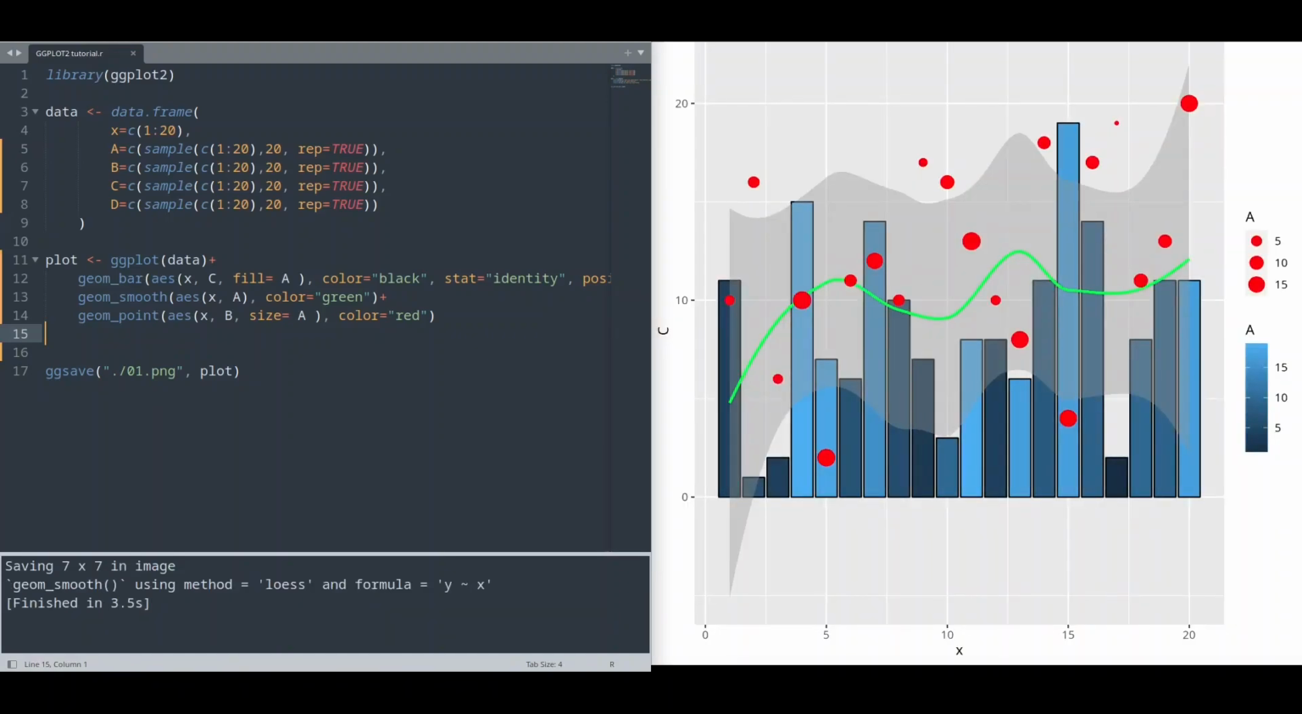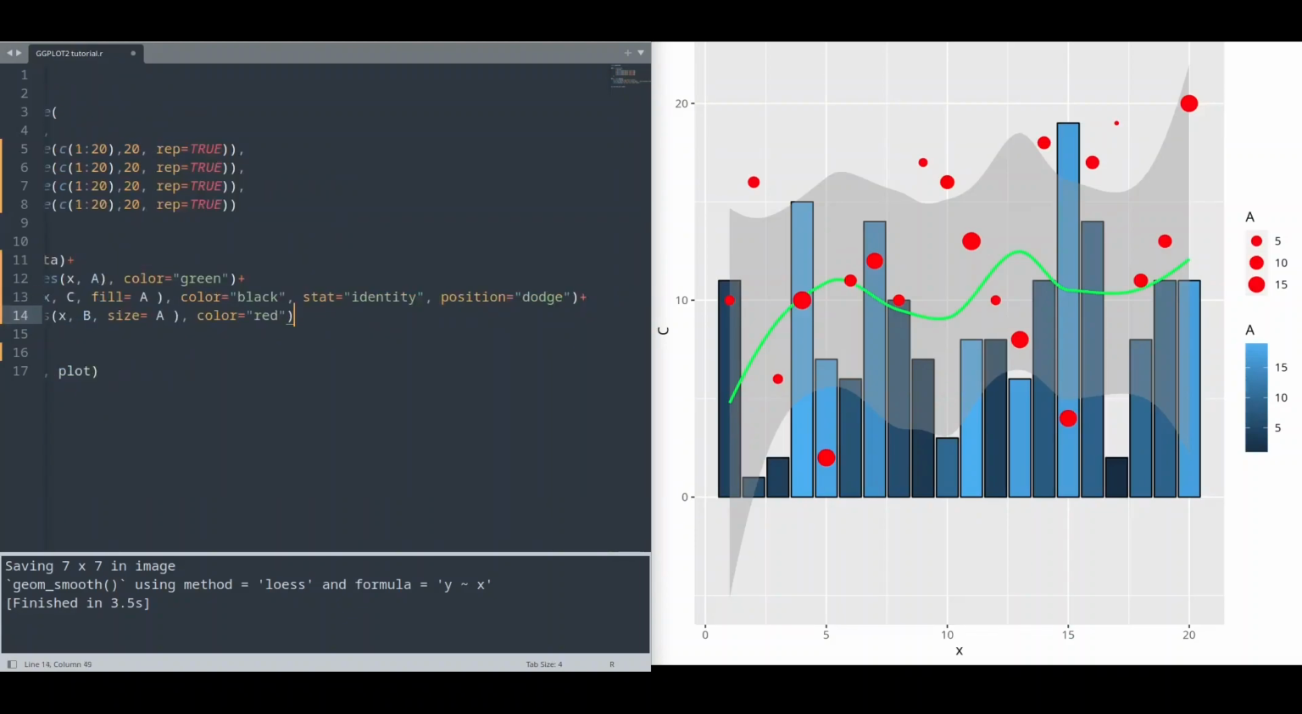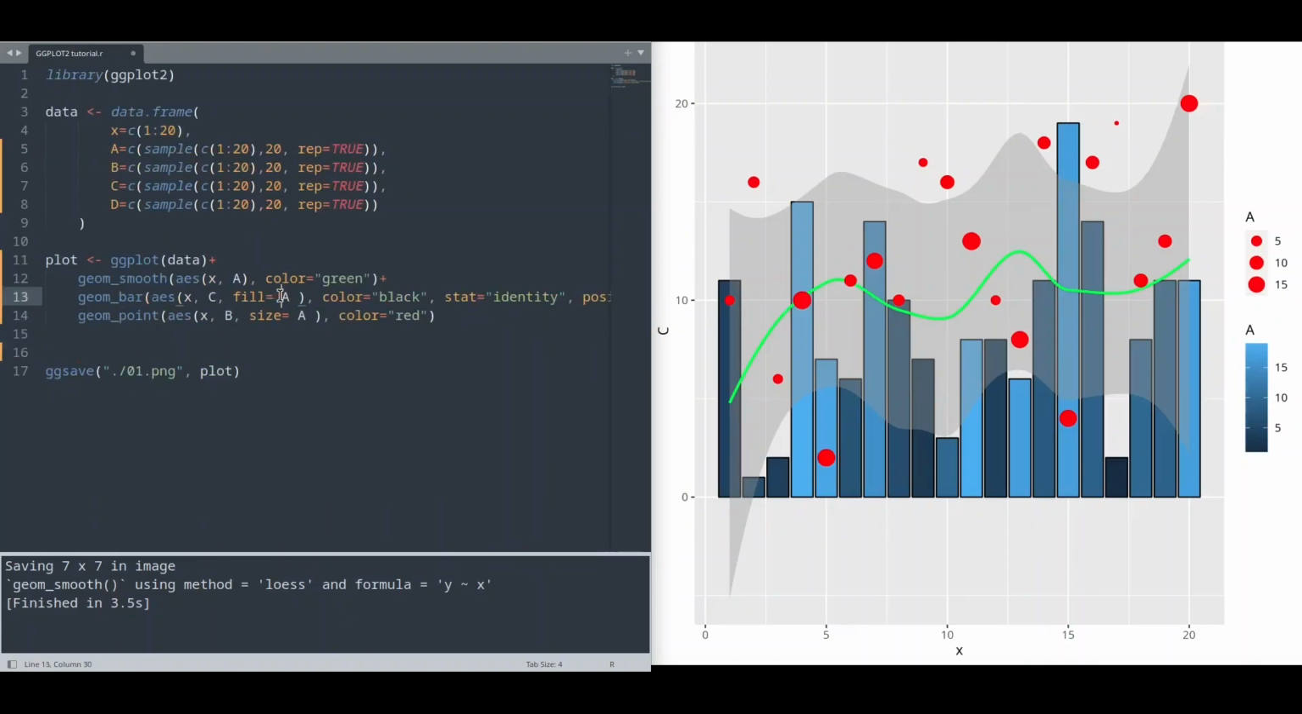And I want the smooth line behind the bars. That is going to be even better. Okay, like this. Then instead of fill by A, I want to set factor of A, and let's add one more line. Let's say theme dark,